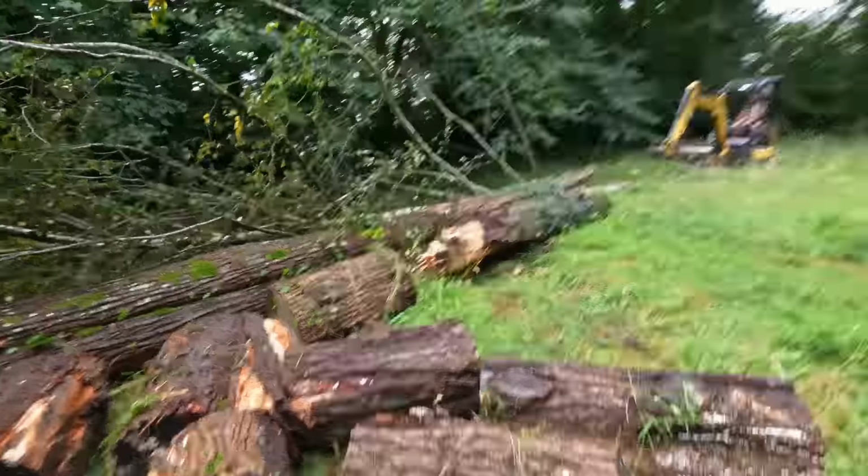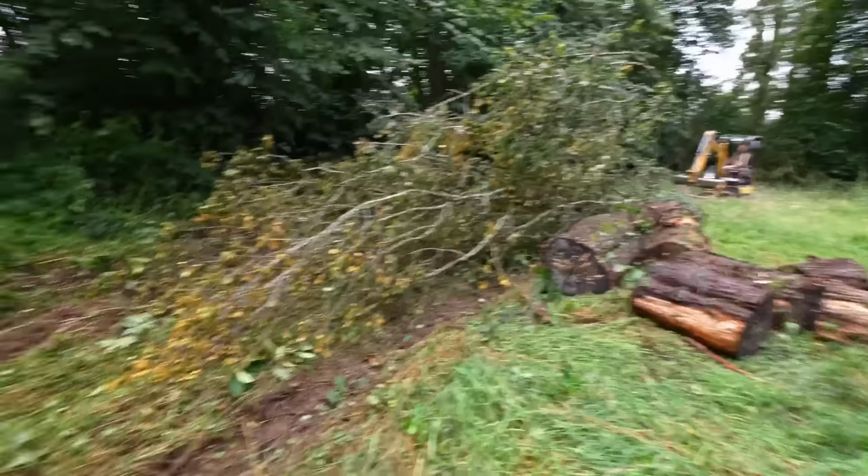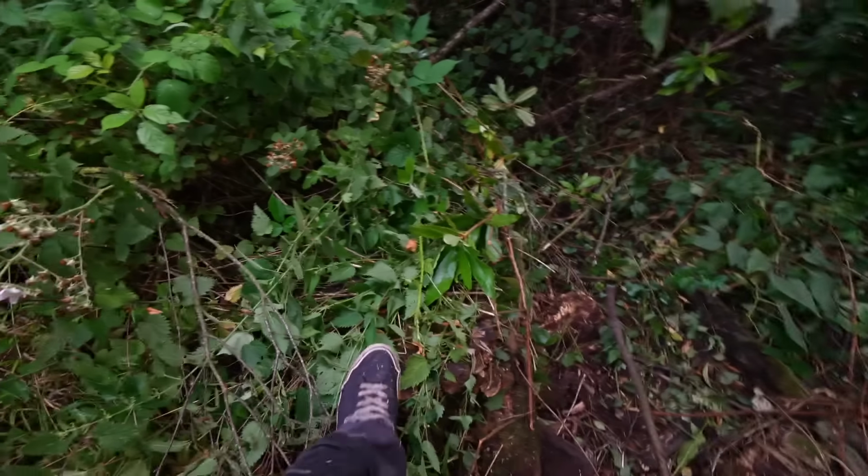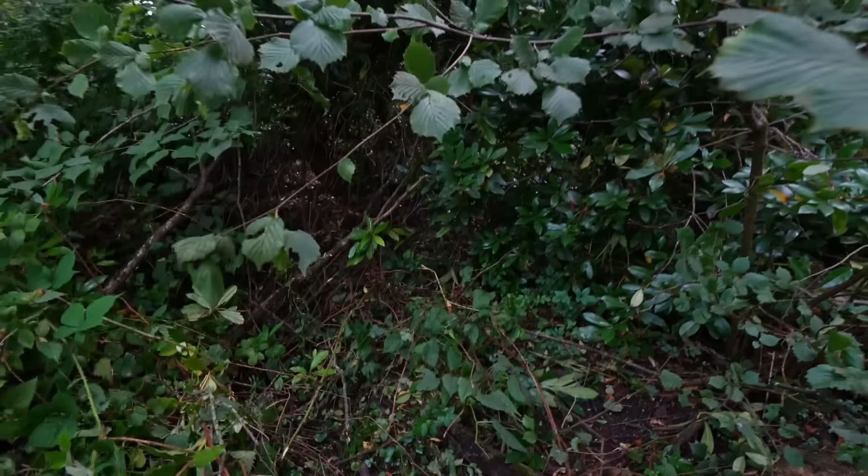Superb. Yeah, that's perfect. I can just chop it up there then. Look! More trees! It's amazing how quickly stuff...